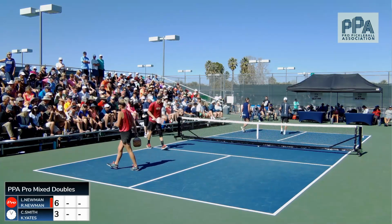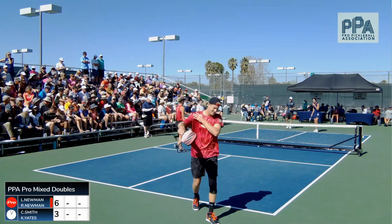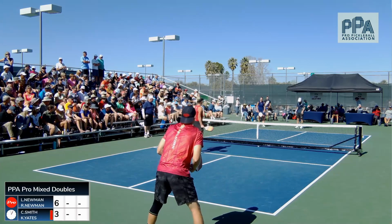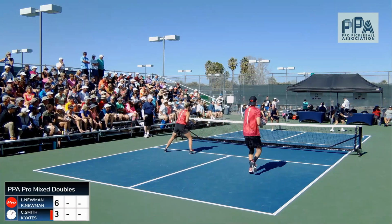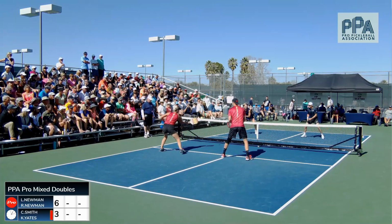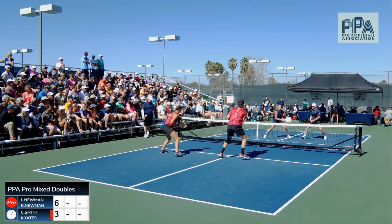But sometimes you need to take that risk in order to get the reward. There's a good example, right? Riley Newman coming across, poaching that ball far over to the left side, missed it. But even though he missed that shot, he's sending a message to Yates and Smith. He's communicating that they better watch out, because he's not just going to stay on his side and allow them to put the ball wherever they want easily. And so even if you lose the point when poaching,